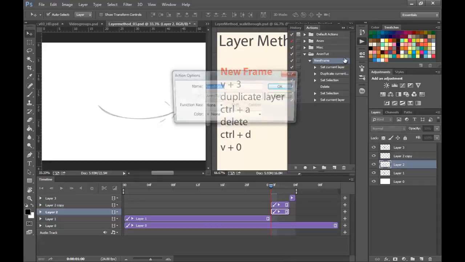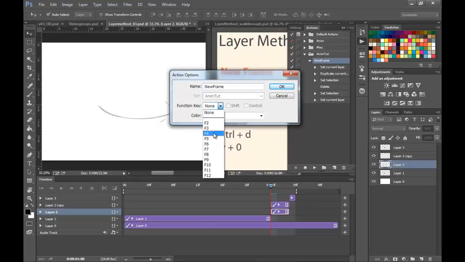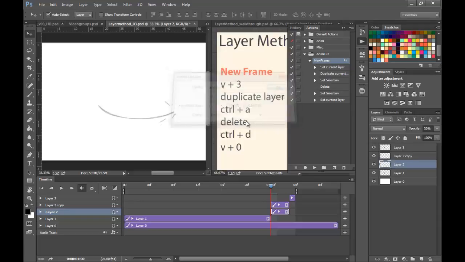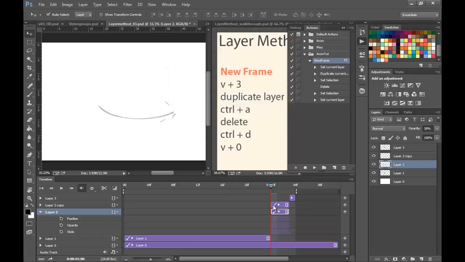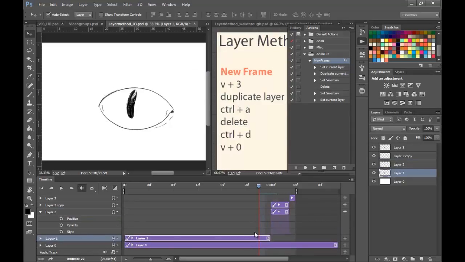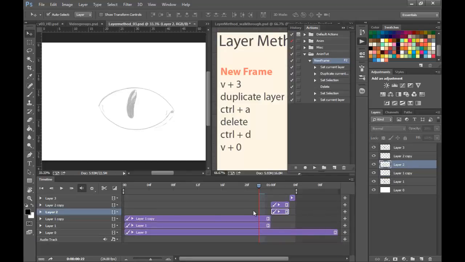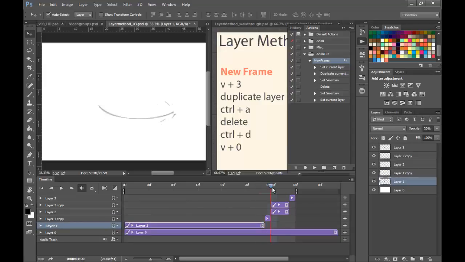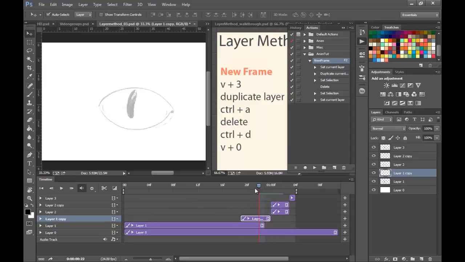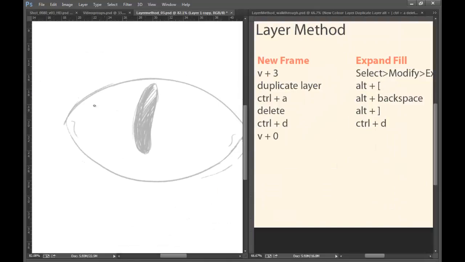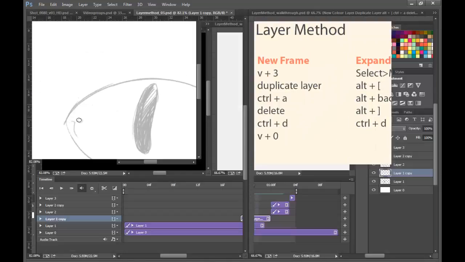And then the handy thing you can do is put this onto an action button. So I'm going to make this F2 because I use it all the time. So now when I press F2, it's going to make a new layer on top that's clean, and I can draw over it. So you can use this either for creating in-betweens. So you just go like that, now it's an in-between layer. Or you can use it for creating a cleanup layer on top of this guy. Let's get some nice big fat